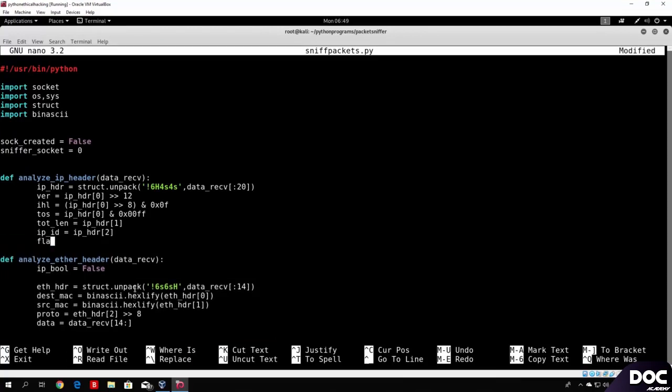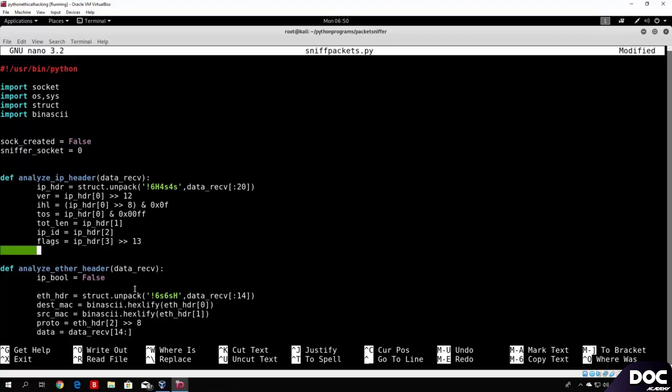Okay, so we will call it just flags equals IP_header, the third or fourth element in our list shifted 13 bits. So the next thing that will also correspond to the fourth element will be the frag offset. So frag_offset equals IP_header, third element, and we want to add it to the amount of bits needed. So let me just find the actual, okay, so here it is,